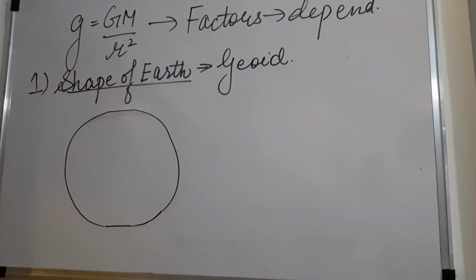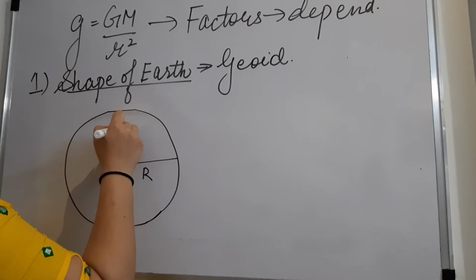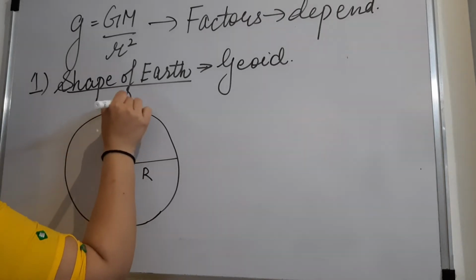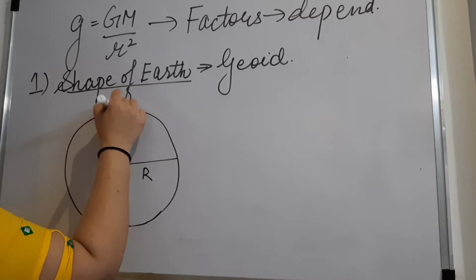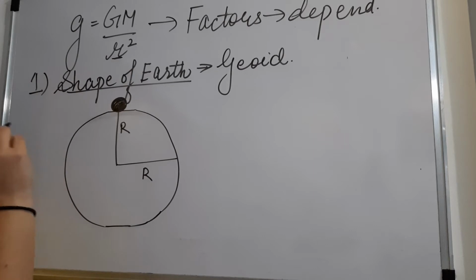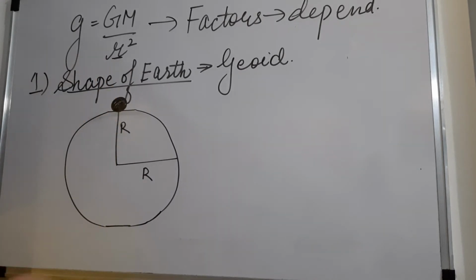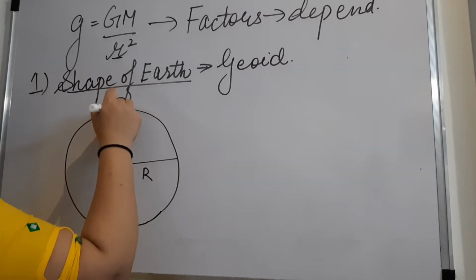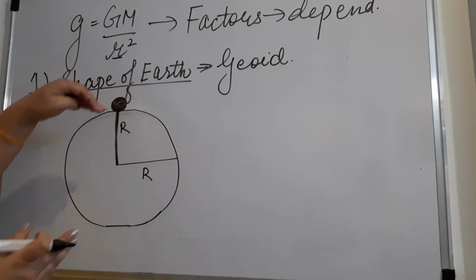Okay. Now if I consider this as a center, I am going to get this as one radius and this is another radius. Now let's say the object is on the surface of Earth, here the object is lying. This R is what? The distance between the two objects, and the object is on the surface of Earth only. So which distance are we going to take? The distance or the radius of the Earth only. Why? Because it is on the surface of Earth.